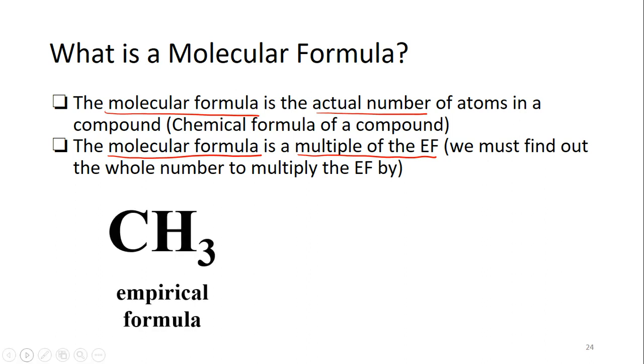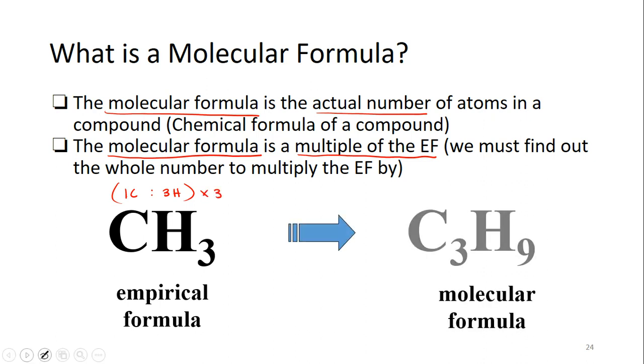Let's say you have the empirical formula of CH3. The only information you can get from this is that this compound, whatever it is, has a ratio of one carbon atom to three hydrogen atoms. And that could apply to many compounds, okay? But if you take this and you multiply it by a whole number, let's say 3, you get the formula for C3H9, which is tricarbon monohydride, and that is the molecular formula, or the chemical formula, of this compound,